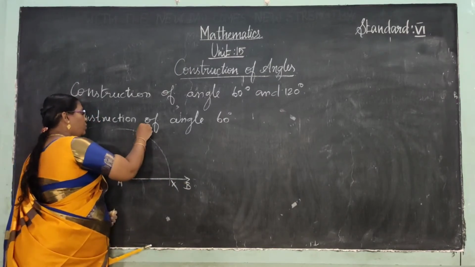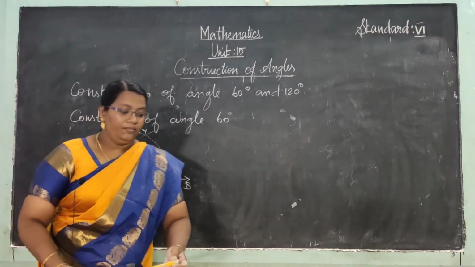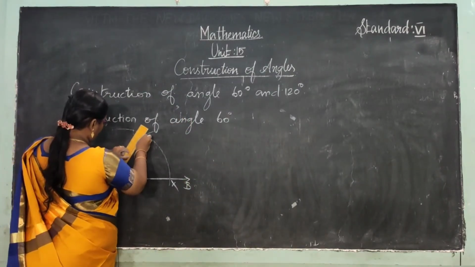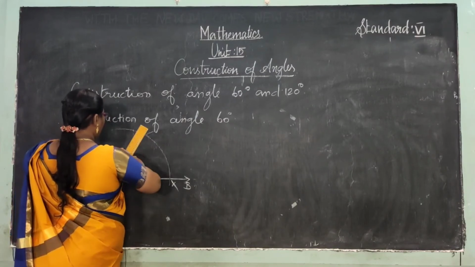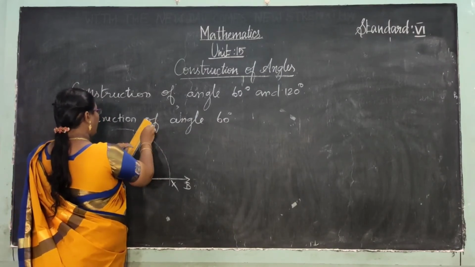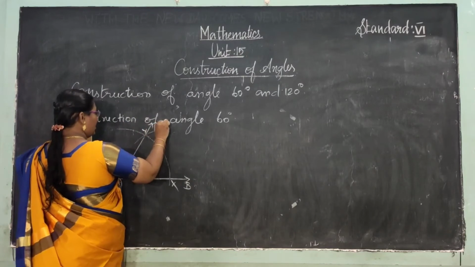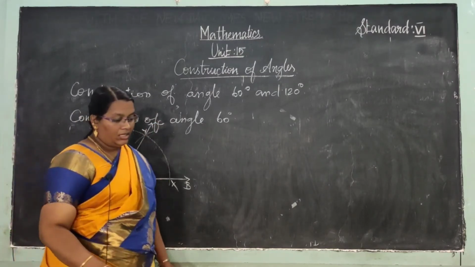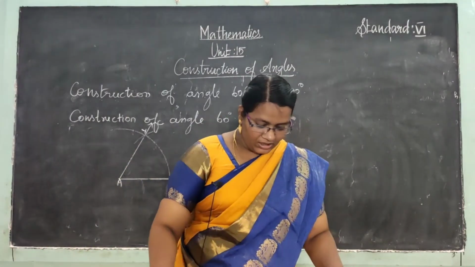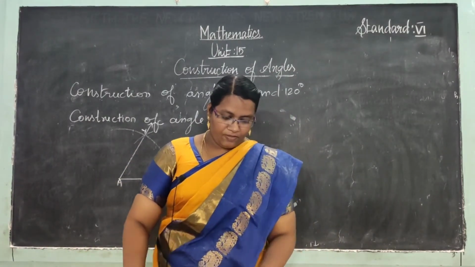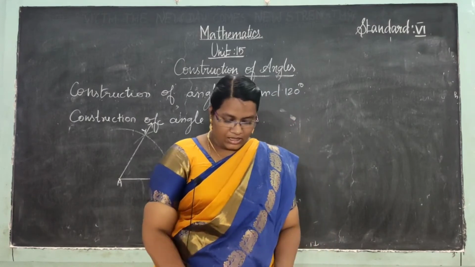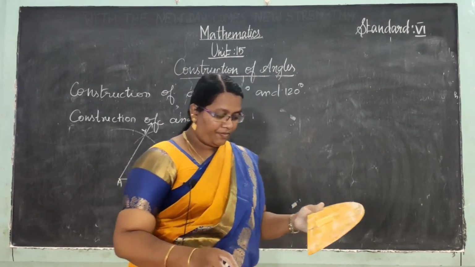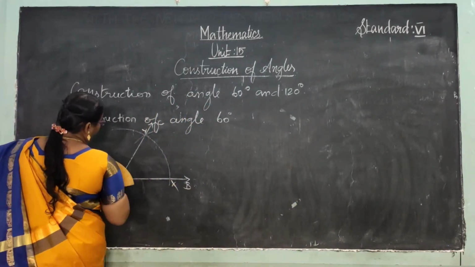It is denoted by Y. Now join the line from A to Y and extend it to get the ray AC. Now check